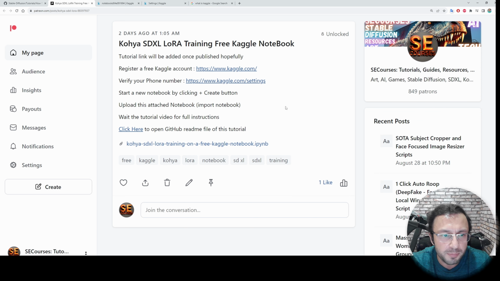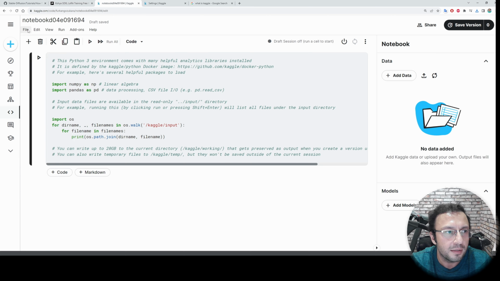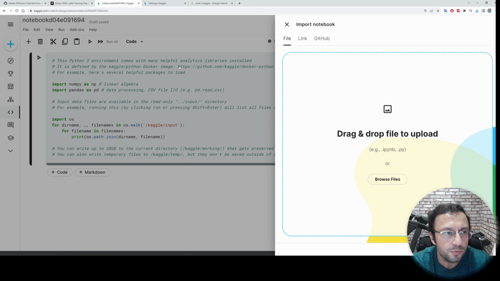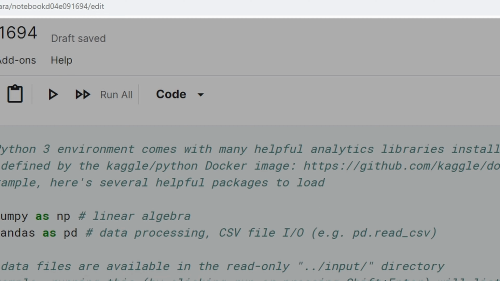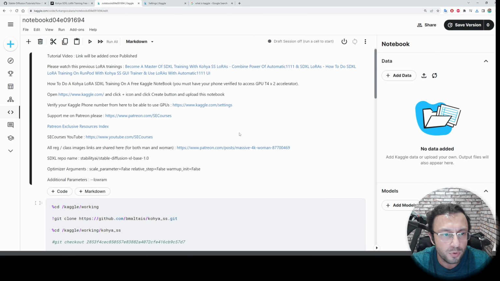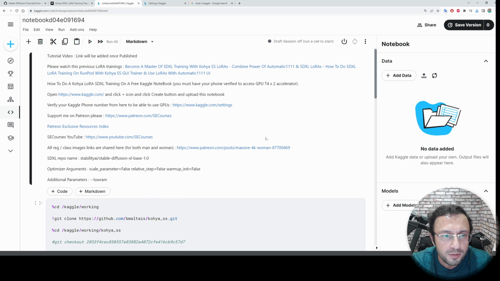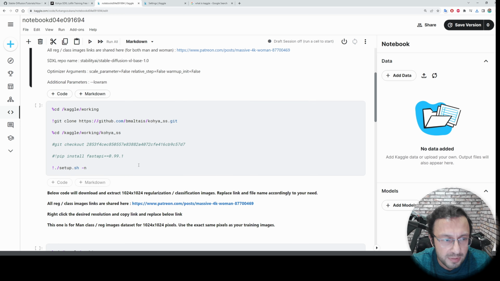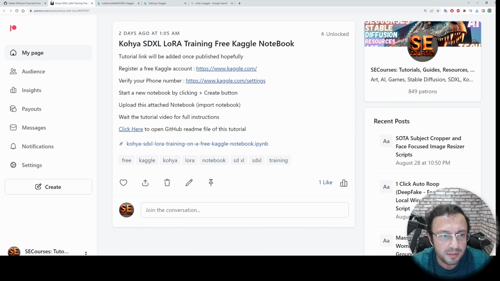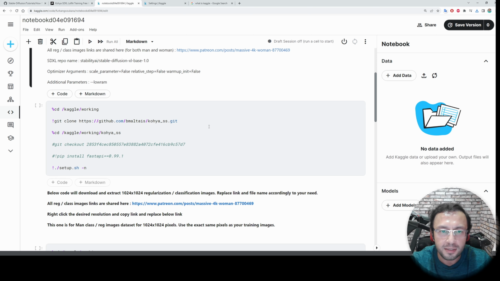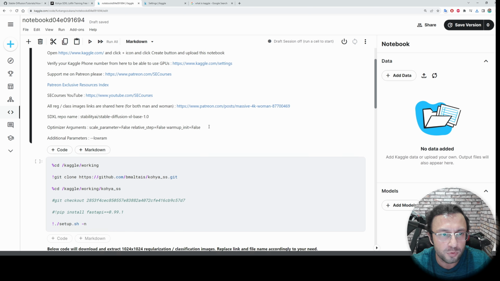When you open this Patreon post, just click this attachment and download it. Then click File, Import Notebook, Browse Files, select the downloaded notebook, import, and you will have everything necessary here. It is totally the same. If you are not my Patreon supporter, you can use this code that I also shared on GitHub, or you can support me and download this notebook directly.